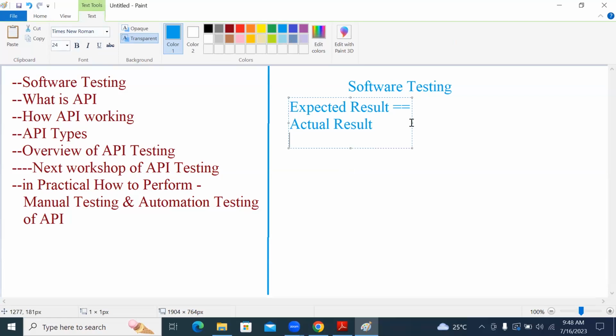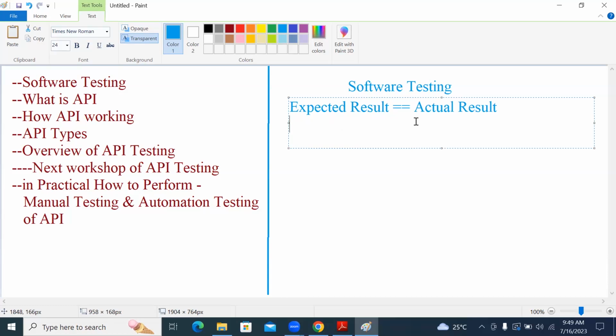In a very simple way of understanding the meaning of software testing, we can say it is doing comparison of expected result with actual result.